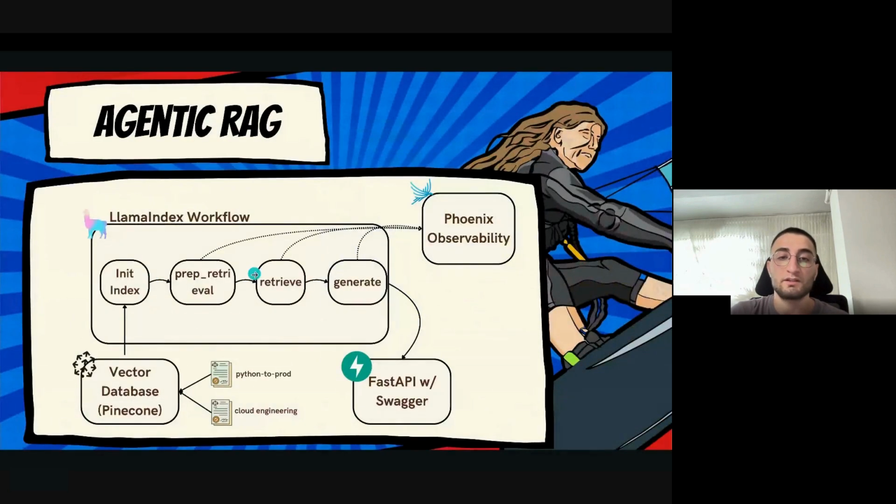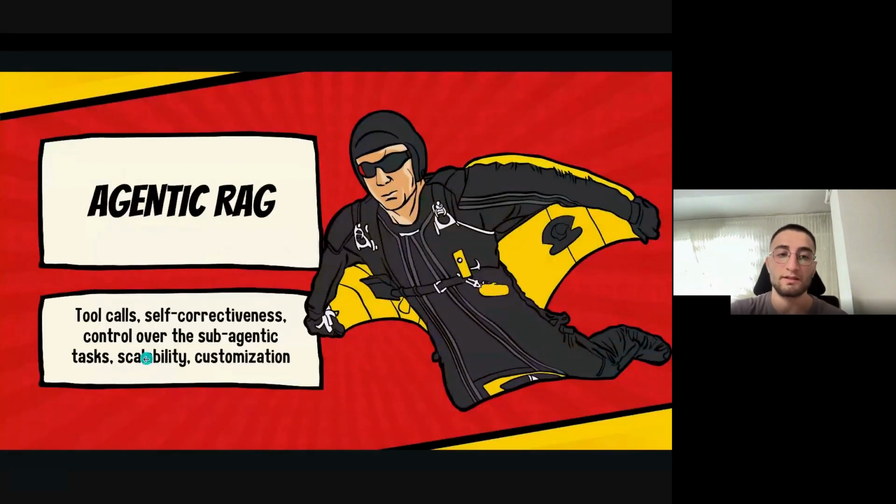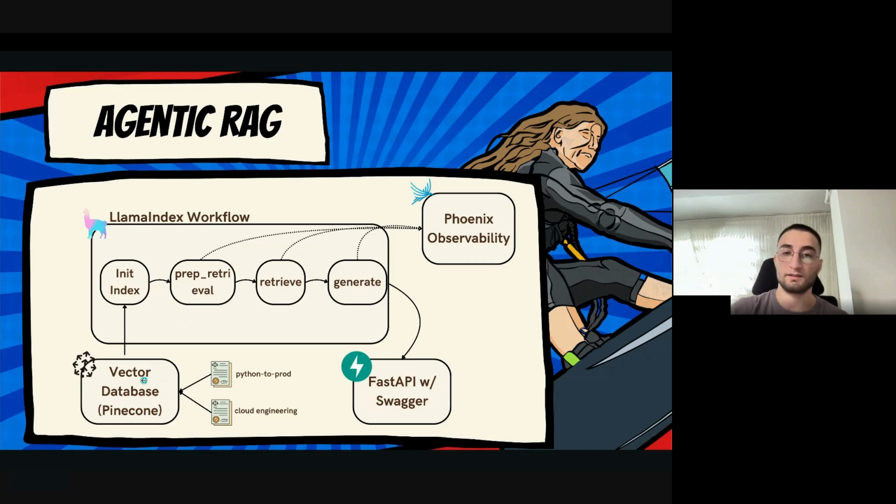So in here, you have more control over whether to retrieve or generate. But as I said, it was a simple project. I'm just going to show you more complex projects in a second. And also in this architecture, all these steps are asynchronous.